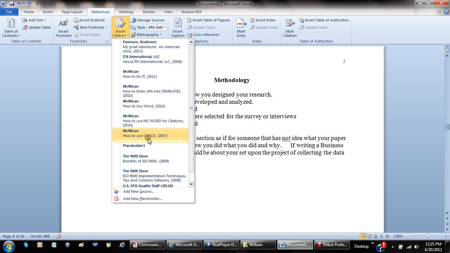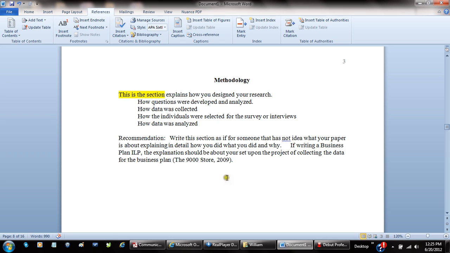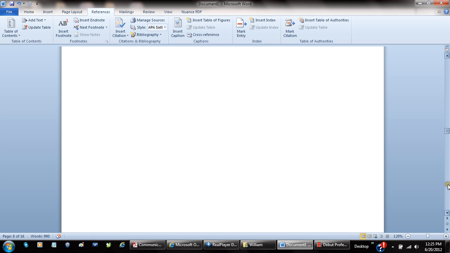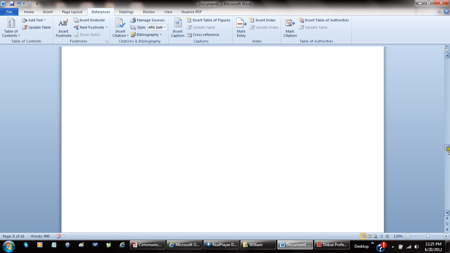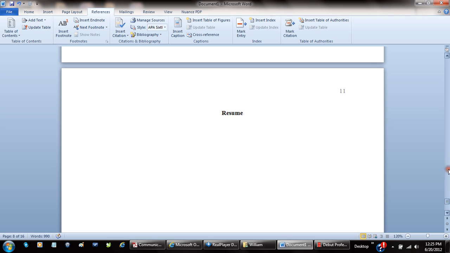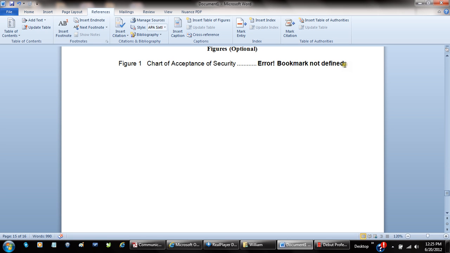Insert citation. There's another citation, the 9,000 store. So when you get done with your paper and you've done the citations this way as you go along, you can always go back and edit those citations. So if you want to use a different format, you can. But the big challenge everybody has is that table of contents, and then the other big challenge is it comes eventually time to write a